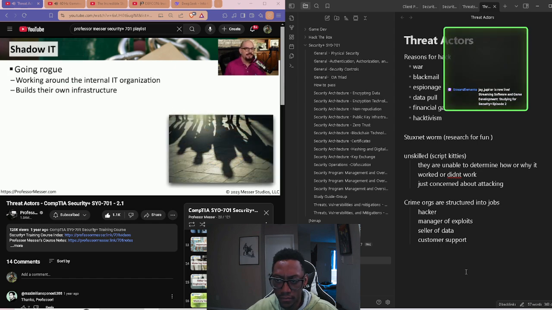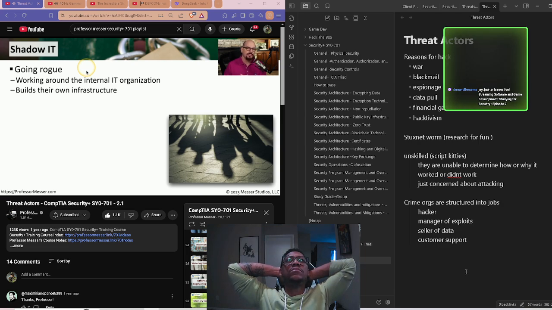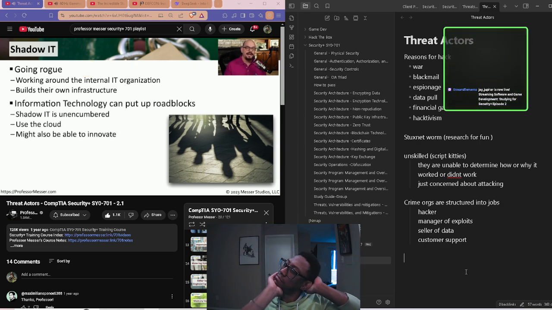A threat actor we don't often consider is one that's in our own organization and working around the existing policies and procedures of the IT department. We refer to this as shadow IT, and it's usually a group or department that is working around the rules that have been put in place by your existing IT department. They might build their own infrastructure, install their own applications, and start using them without the IT department even realizing what's happening. This is a group that doesn't have to deal with the limitations that come with an IT department, such as change control or budgeting.